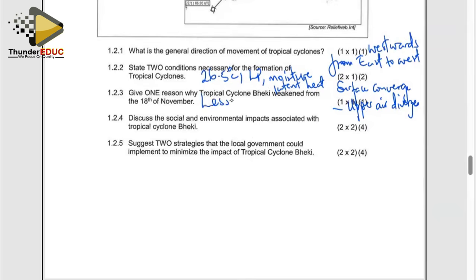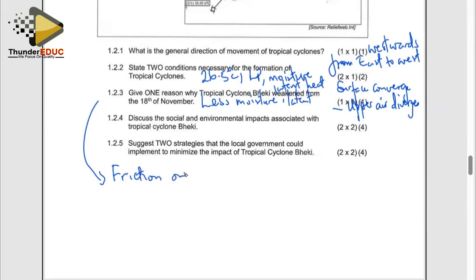If the system is lacking moisture, it is going to weaken. It needs more moisture to be fed, and that moisture must lead to the release of latent heat. So if there is less latent heat being released, the system is going to weaken. So it can be a possible reason that there was less moisture for the weather system. And also, most importantly, we talk about friction